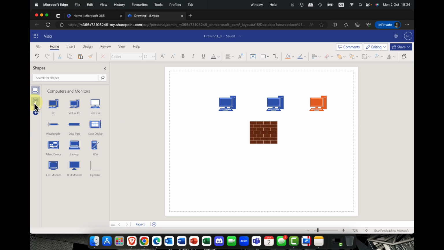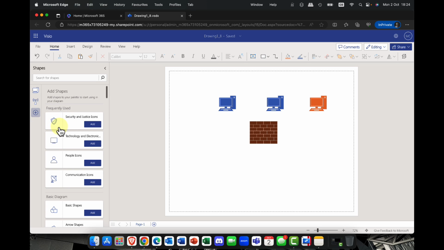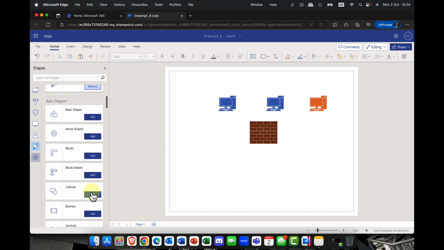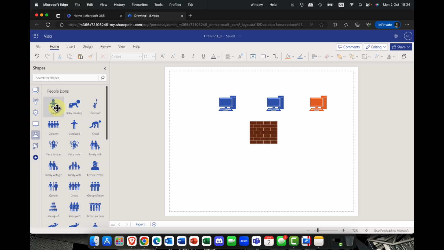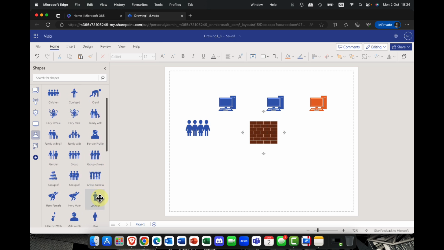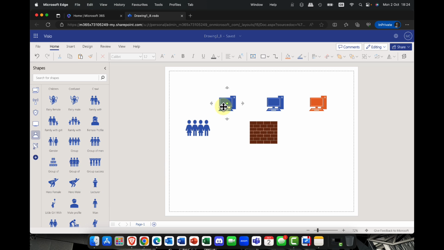Now, in addition to that, you've also got a whole host of other templates, as I mentioned, that you can use. And it's super easy to add those in just simply by clicking on add, and that will add this into the workspace at the moment. So we have got literally thousands of elements that you could bring in here. And you can see that as you do so, all of these are becoming available here. So for example, I can bring my users in here, and I just make that a little bit bigger, of course, and I can then start to bring text boxes in. I can bring in all of these different elements and so on.